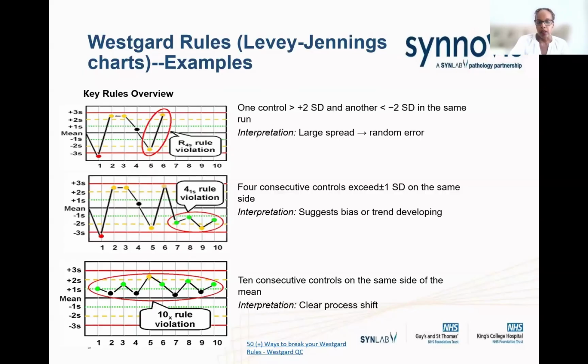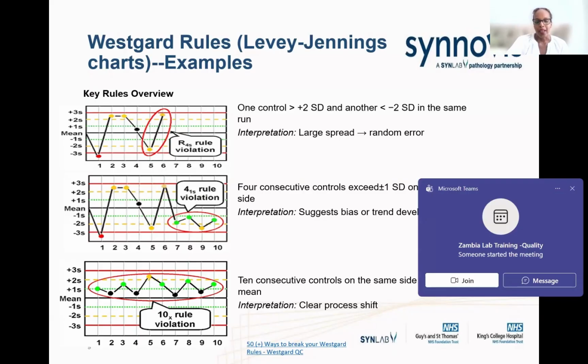Another pattern is when you have a QC that is on the negative 2SD, but then on the next round it goes on to the positive 2SD. That is a random error because it shifts from one point to the other. So you won't reject that, but I'll show you a table in a minute on what to do in terms of action. So these are the patterns that we need to